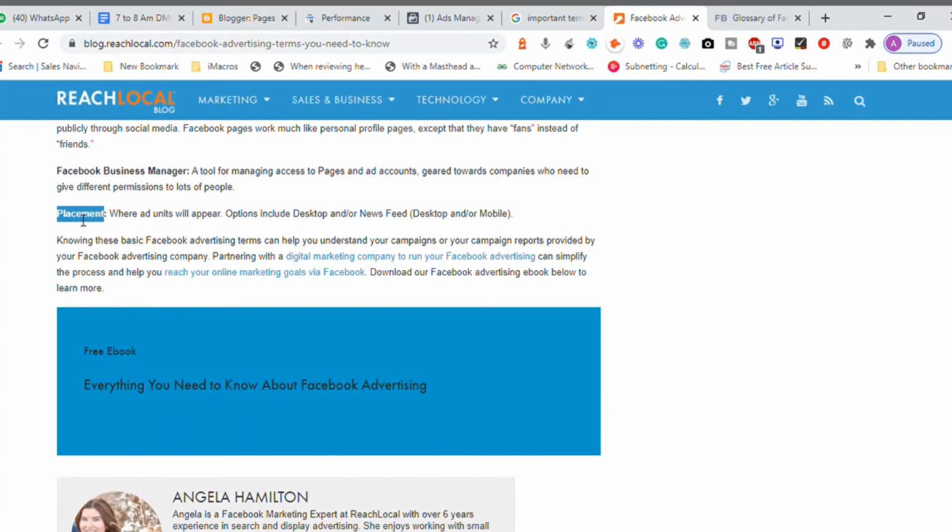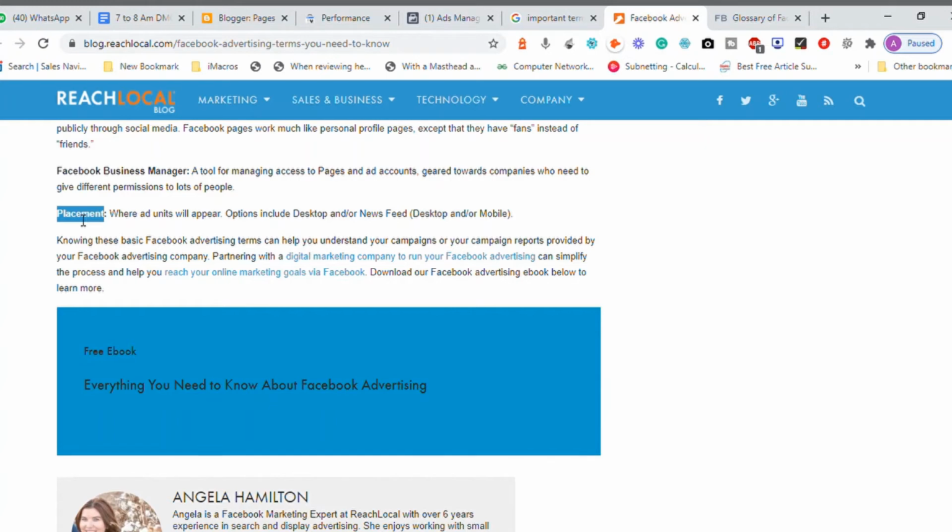Which means people who are using Facebook's products or services outside the Facebook platform, as an extension, as a product or a service. So that's how it works with Facebook. If you want to show your advertisement only on Instagram, yes, you can go and do it. If you want to show your advertisement only on Facebook, you can go ahead and do it.